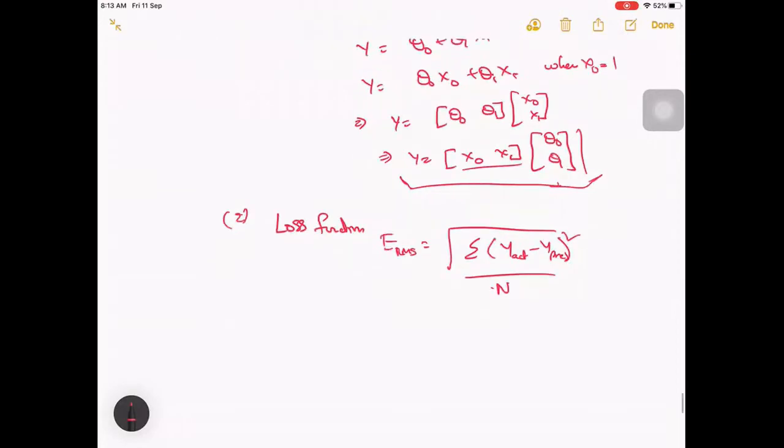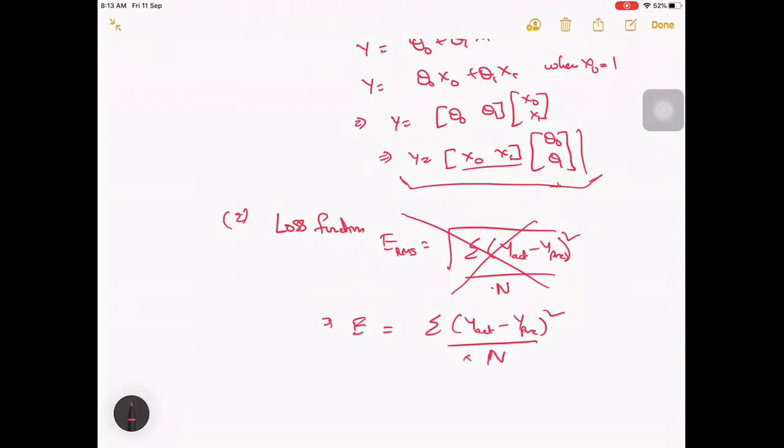I'm going to do a little modification to this loss function, where instead of using this, let's use only the prediction error square by n. And for simplicity, I'm also going to add 2 here. I'm making it divided by 2.